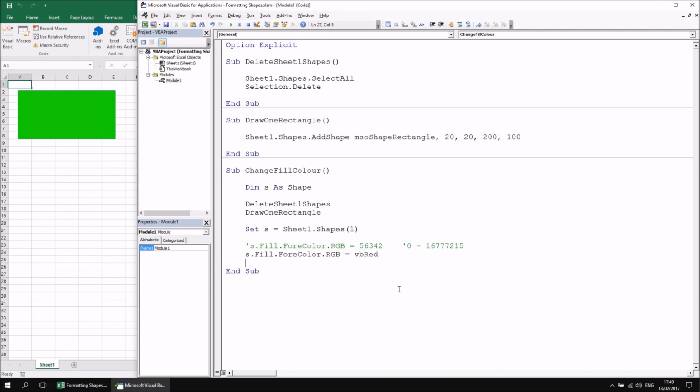And if I enter that and then run the subroutine by hitting the F5 key, you'll see of course that the new shape becomes red. Not a particular surprise. Now, there are 8 of these. There's red, blue, green, yellow, white, black, cyan and magenta, but if you can't remember those, then what you could